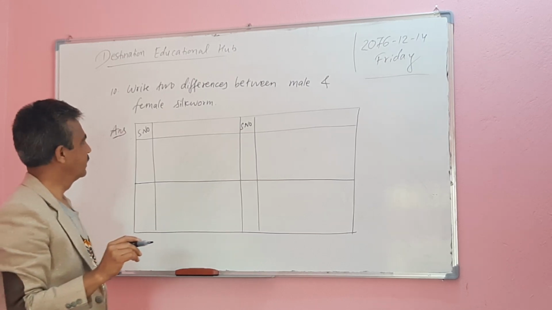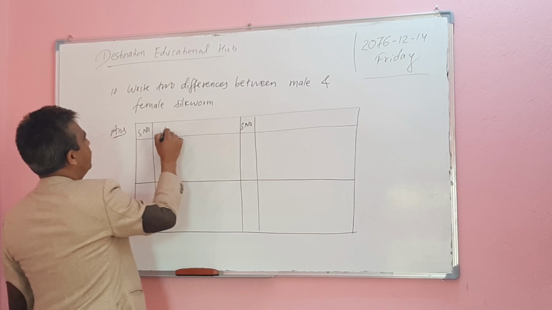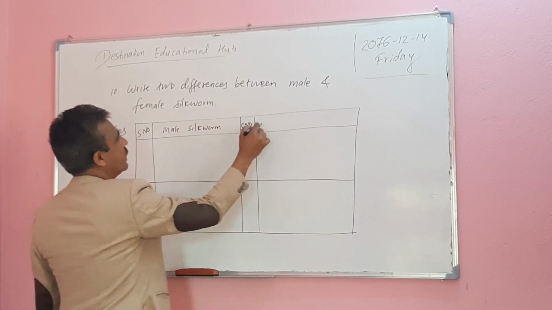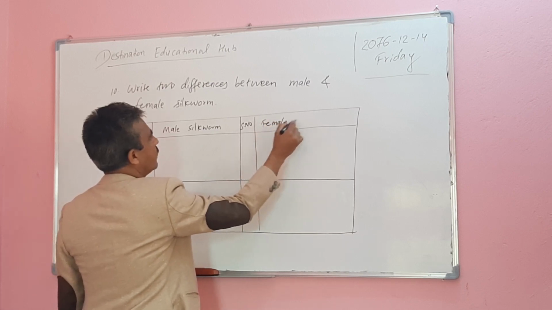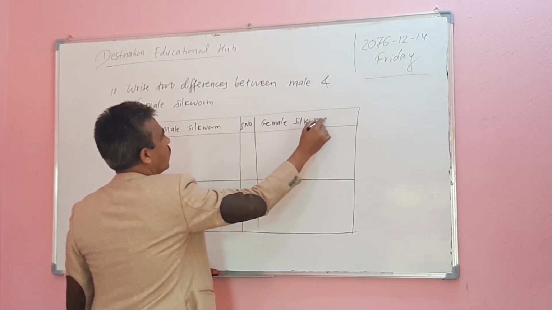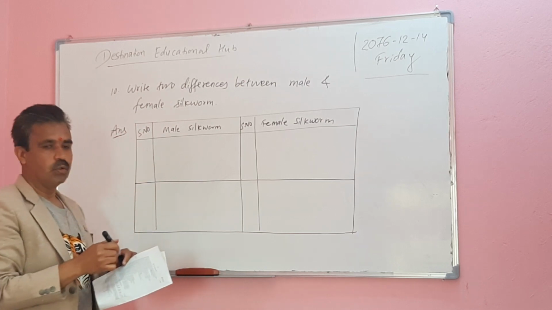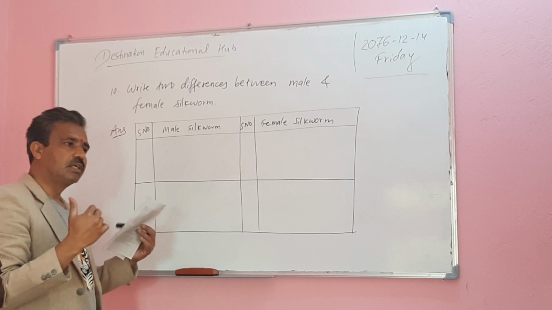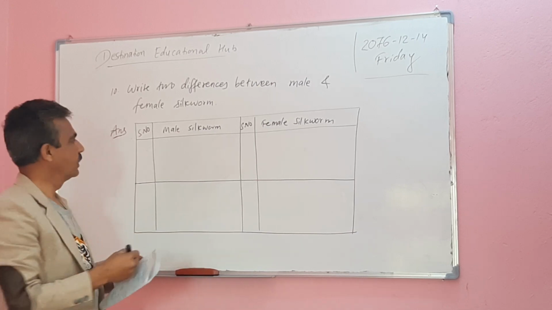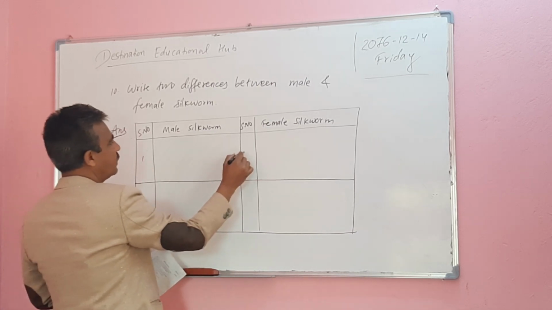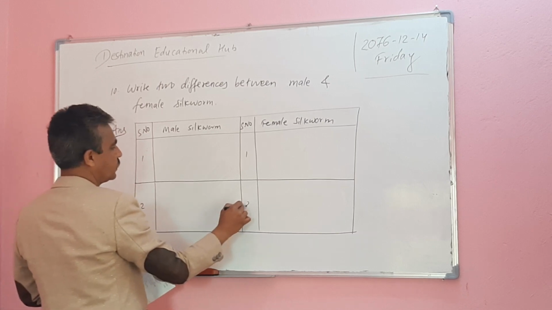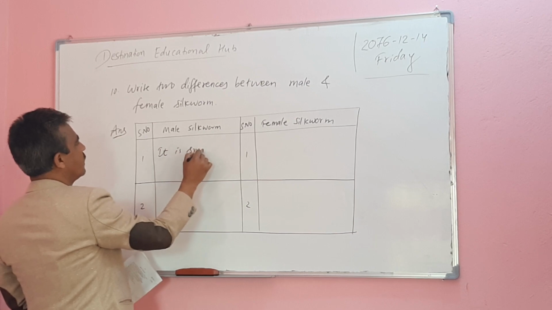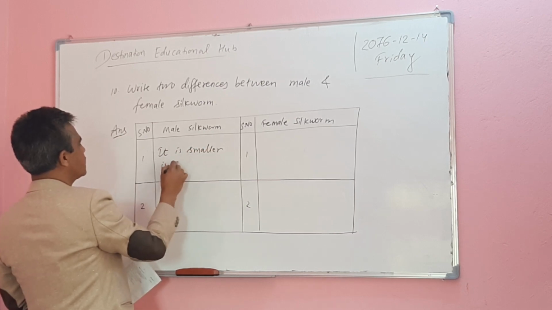Male silkworm and female silkworm. Here, silkworm means we are going to write the adult stage, not the larva. In the larva, there is no male, no female. So difference number 1, 2. Male silkworm, it is smaller in size. It is